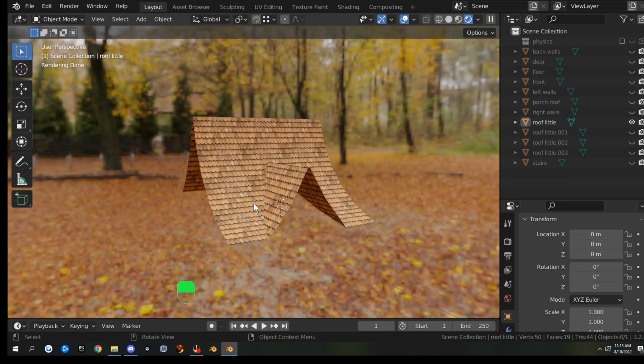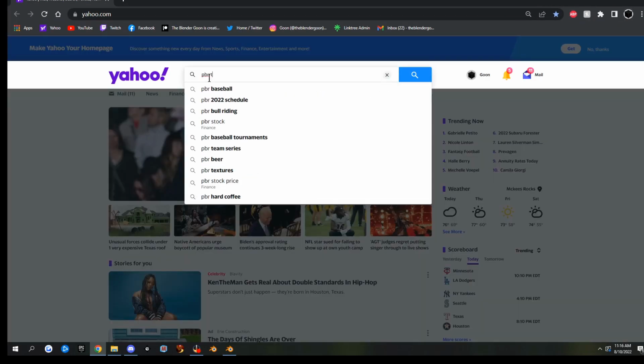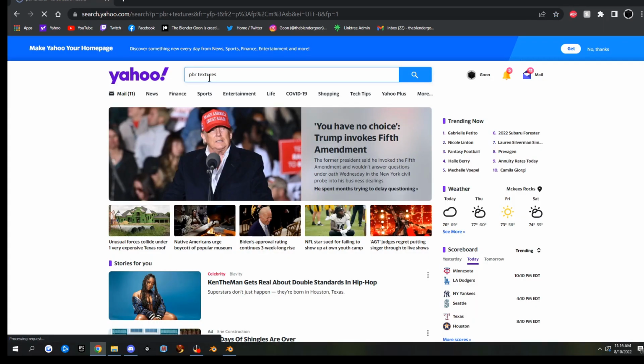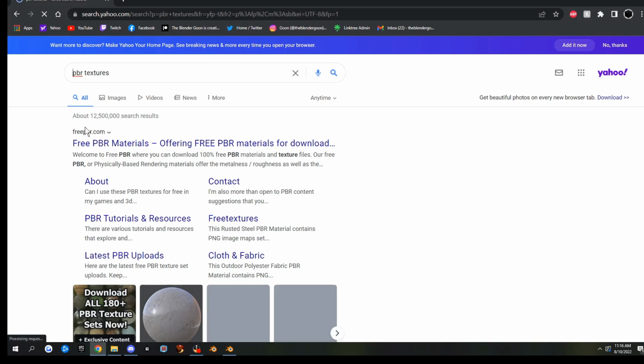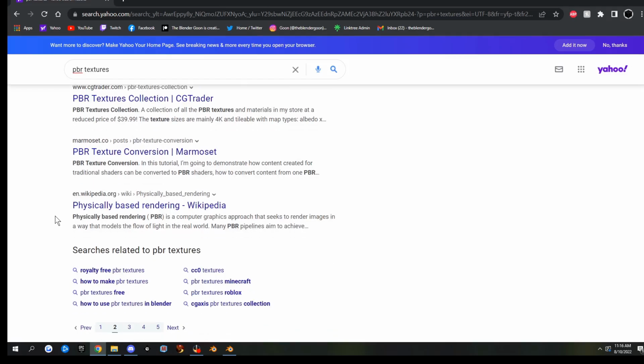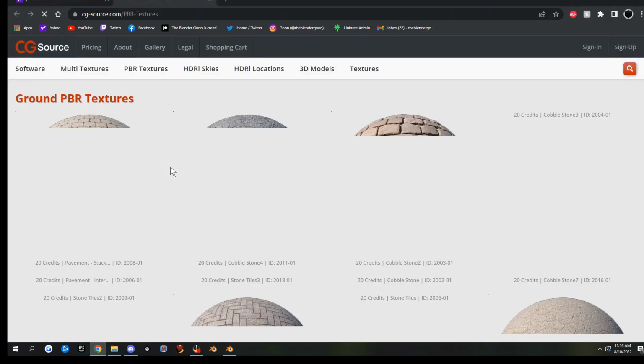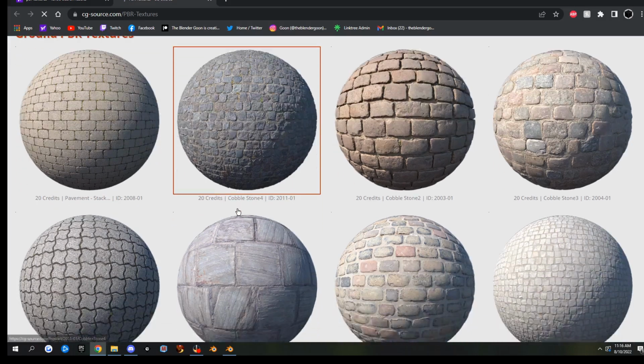Okay, so the next thing I want to do is the floor of this building because I want to show how to use a PBR texture. To get PBR textures, there's a ton of websites. You can actually just go to search and type in PBR textures, and it's going to come up with a ton of stuff. There's freepbr.com, there's PBR texture, PBR hub, and there's tons. I have a folder with like 15 of these things on my desktop that I just go to and pick a website to grab one from. But some of them you have to apply for, and some of them you don't. But you can go in here, you can pick a texture,